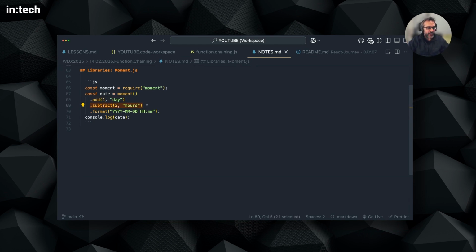Then it subtracts 2 hours. So now it's 6 o'clock, it will be 4 o'clock, and then it formats the date with a format that we see here, the 4-character year, then the month in 2 digits, and then the date, hour and minutes. So if you wanted to get some kind of date and manipulate it and present it in some kind of format, you can chain these functions together,